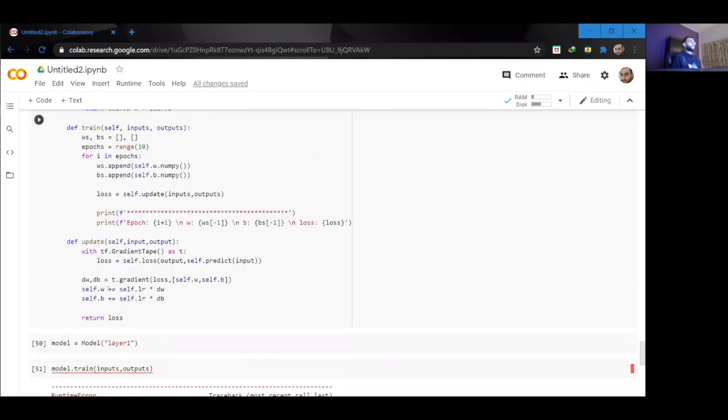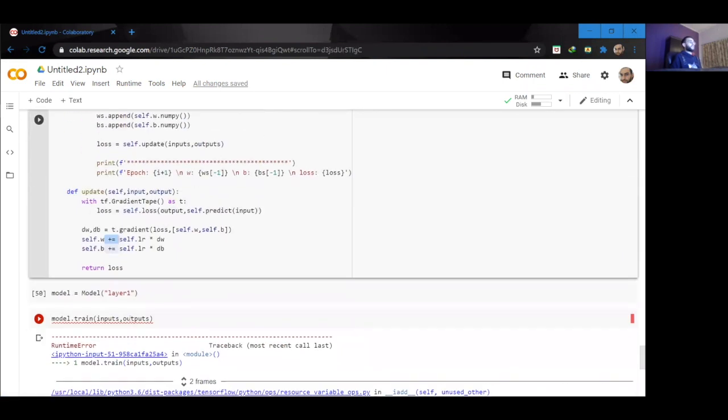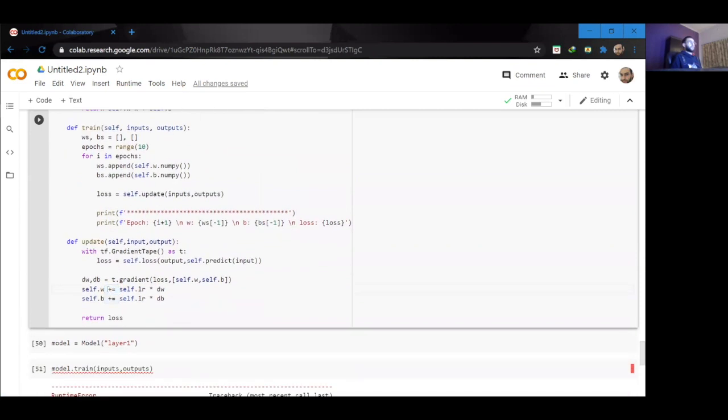Okay, so what this error means is basically that I am performing this plus operation, but we cannot do that inside TensorFlow. So instead, we need to use the TensorFlow operator available for this. So I'm going to say self.w.assign. And similarly, I need to change this to subtraction.